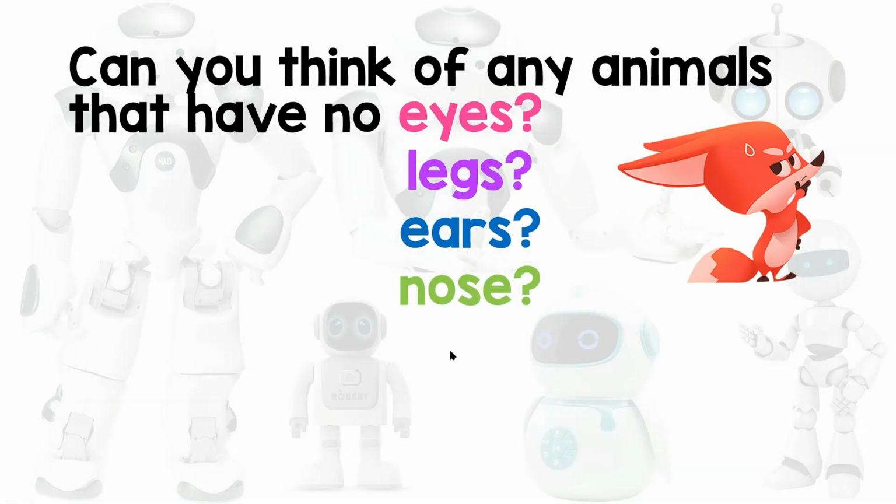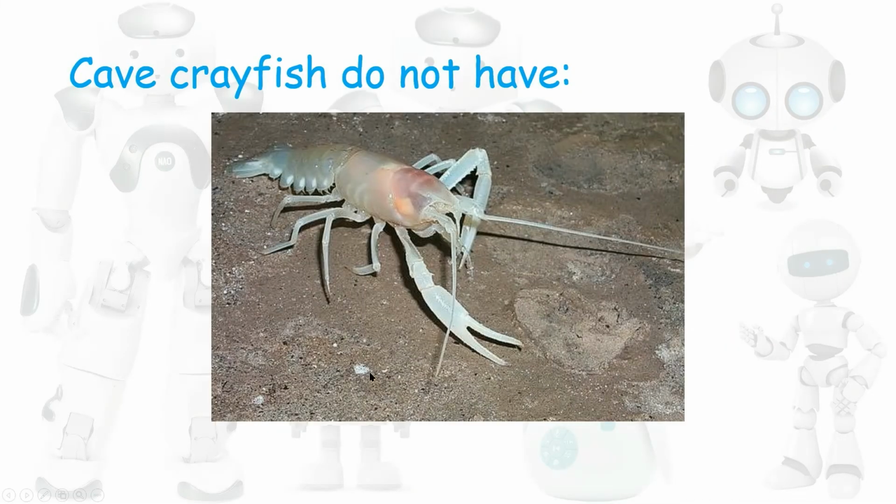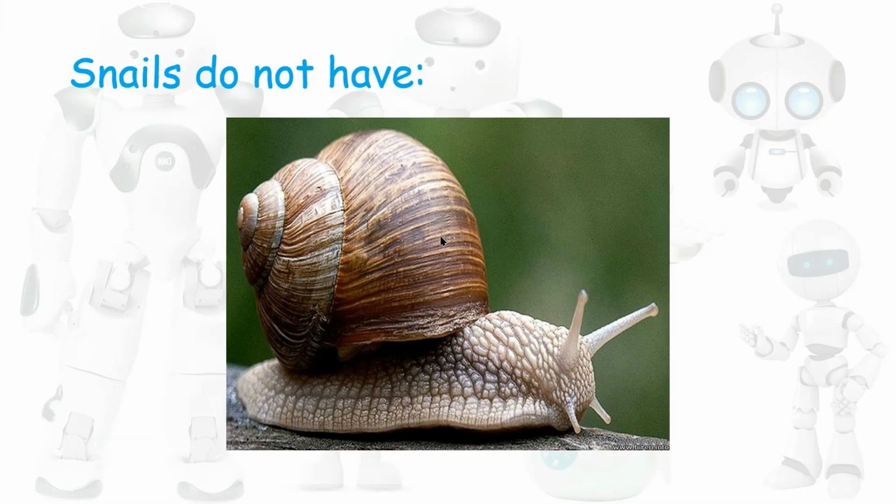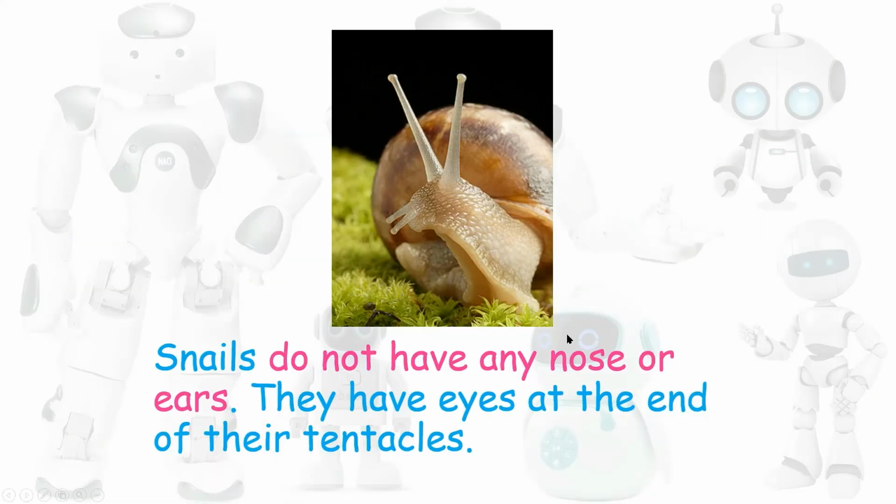Let me share more information with you. This is a picture of a cave crayfish. Crayfish is 小龙虾, but this is a cave crayfish. These cave crayfish do not have eyes, ears, or nose, but it moves through touch and smell. And do take note, it is the cave crayfish that does not have eyes. Other types of crayfishes have eyes. 只有这个 cave crayfish 没有眼睛的，别的 crayfish 是有眼睛的。